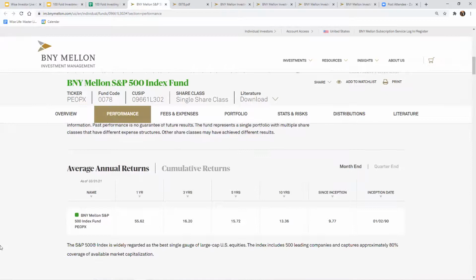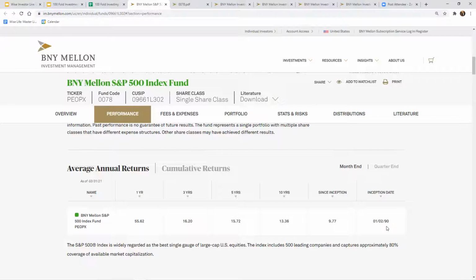So let's move on to the average annual returns. Now, one thing I told you is that in order to invest in something that you have the confidence will produce 9.13% average annual returns going forward, it has done it in the past. So this particular one was produced back in 1990, January 2nd to be precise.